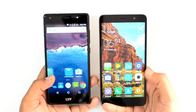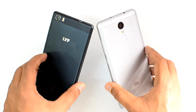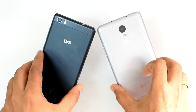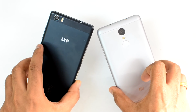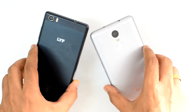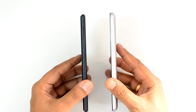The first being the display, design and build quality. Design wise, you can see both these devices are made of metal with unibody construction. Looks quite good in terms of the matte finish being offered. We would say the Oppo F1S is slightly better to use because of its slimmer form factor and also the smaller display size, so you can definitely use it with one hand. While on the other hand, the Xiaomi Redmi Note 3 is a standard 5.5 inch screen size, a little bigger to use in hands. Now talking about the other aspect, you can see there is a curved edge on the